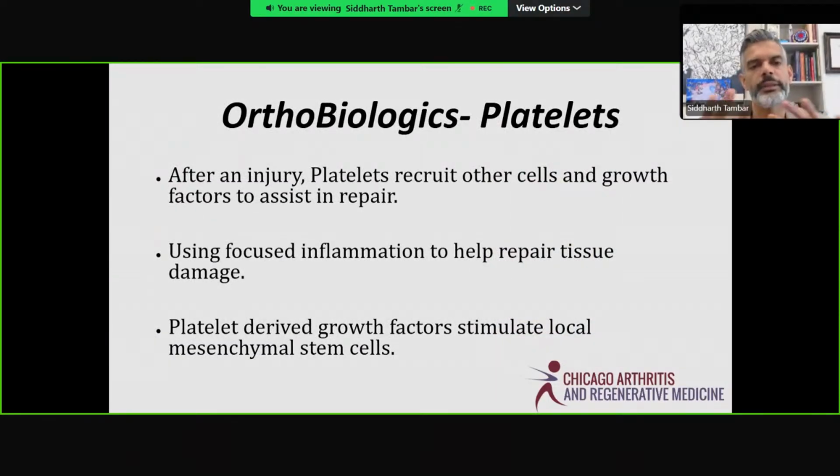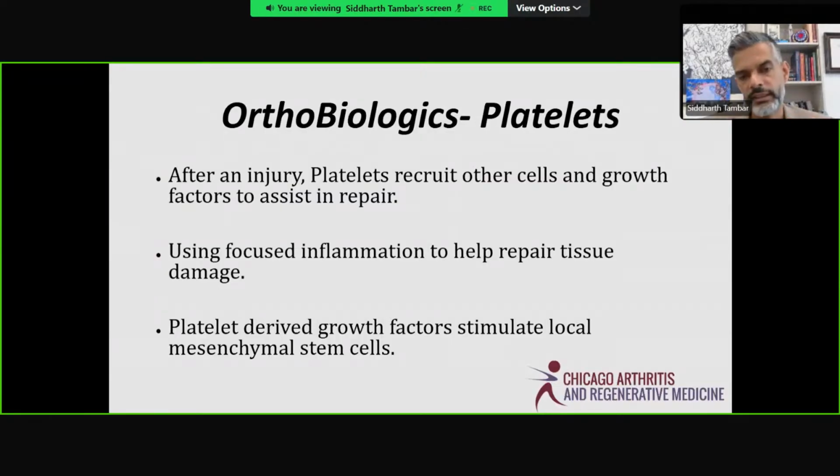We've been talking about platelets, platelet-rich plasma. It's the key initiator for really normal healing after an injury, and utilizes that inflammation pathway short-term. Important to understand there's a difference between short-term inflammation after an injury that is meant to heal, versus chronic inflammation where something is off with your body, either from an autoimmune standpoint, a metabolic standpoint, or something else that's causing chronic inflammation. Chronic inflammation is not good. It's your body's inefficient way of trying to improve things. Acute inflammation is a more healthy way of your body trying to heal things.